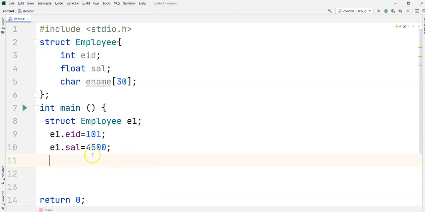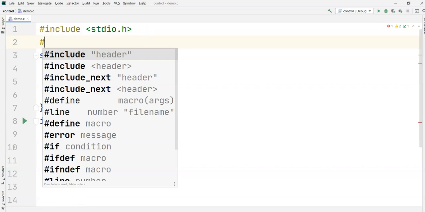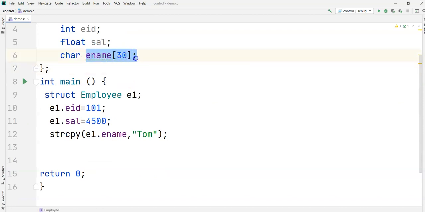Here this is a string. We cannot assign the string directly to the structure, so we use the string copy function, strcpy. So strcpy of E1 dot name, comma, I am putting Tom as the name. Let me include the library, include string.h. Once you define the string here, you cannot directly store the string; I'm just using the copy function. So Tom is copied to employee.ename, that is the first employee.